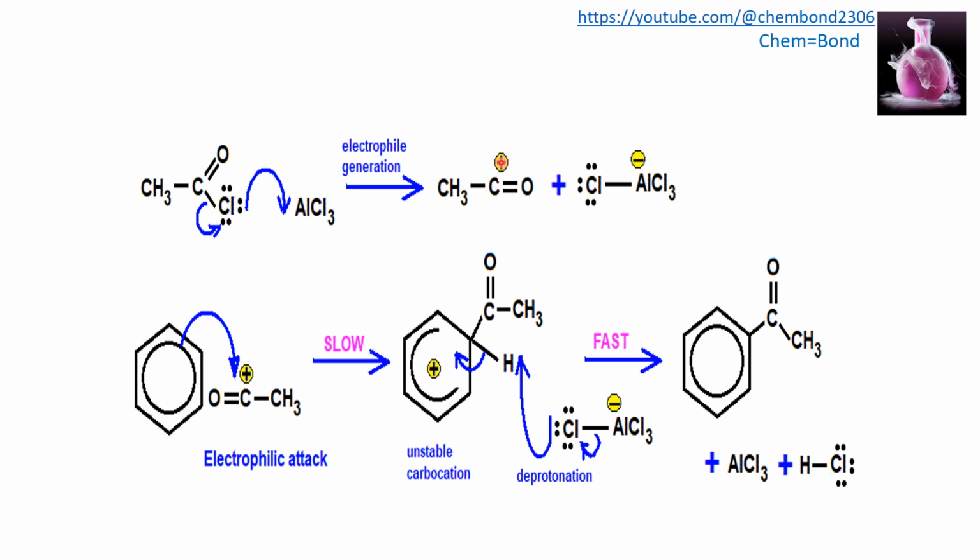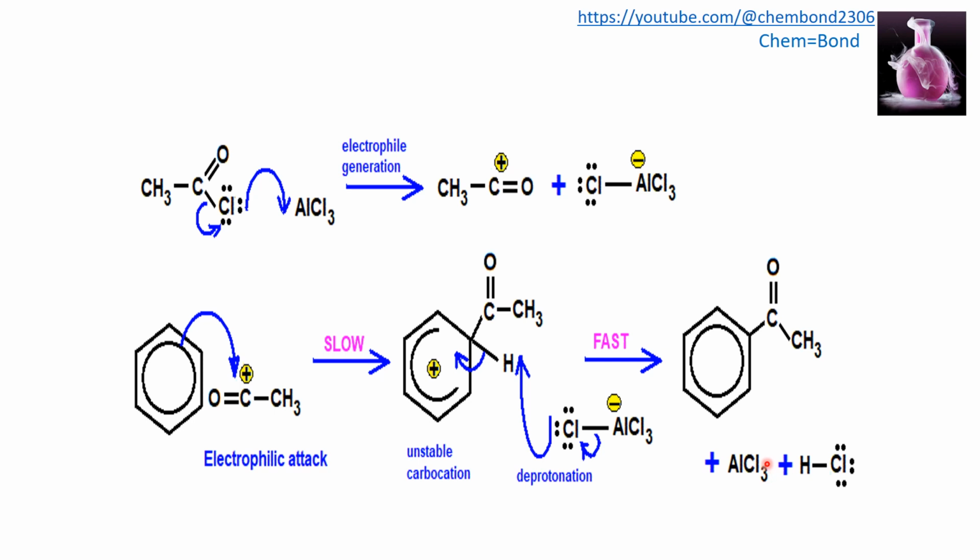This electrophile will attach itself to the benzene ring and produce the aromatic ketone. This reaction is fast. As a result, the hydrogen from the benzene ring will be released. When it is released, it will combine with the chloride already attached to the AlCl3 that was removed from the acetyl chloride. So HCl, hydrogen chloride, will be produced, and aluminum chloride, which acts as a catalyst,